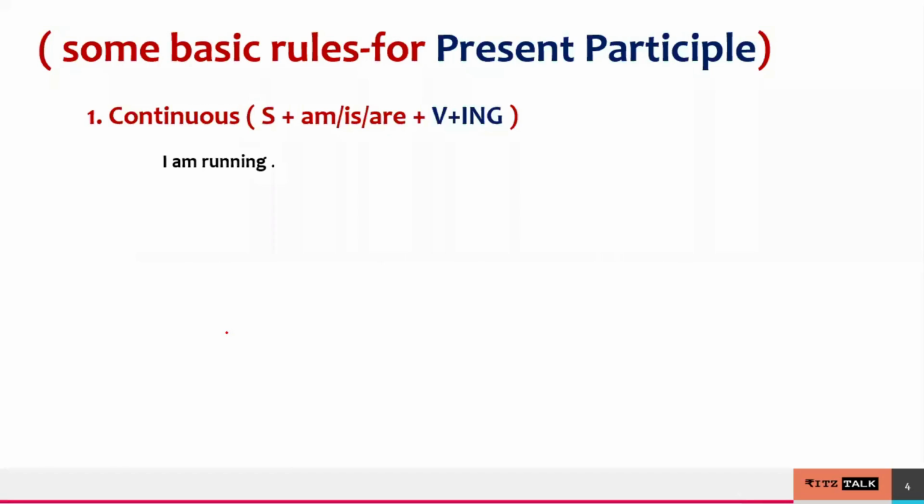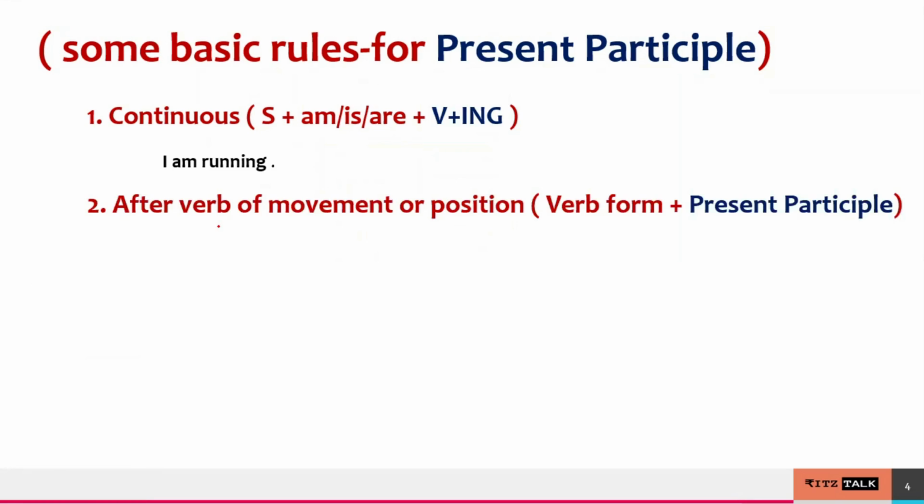Generally, I'm giving some examples. There are more uses of this, but I'm just giving some examples. One is general present continuous tense or past continuous tense or future continuous tense. That is subject plus am/is/are plus verb plus ing. This is present continuous. Maybe past: was, were, and will be. Example: I am running, he was running, I will be running tomorrow, kind of thing. This is very simple, we all know that. Second one is after verb. After verb, there are certain uses of present participle. So, any form of verb, maybe V1, V2, V3, plus present participle. That is V